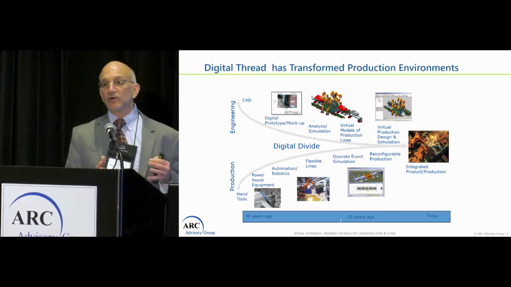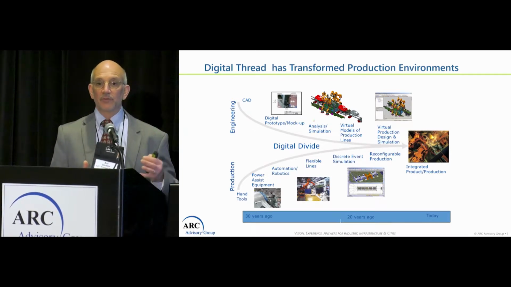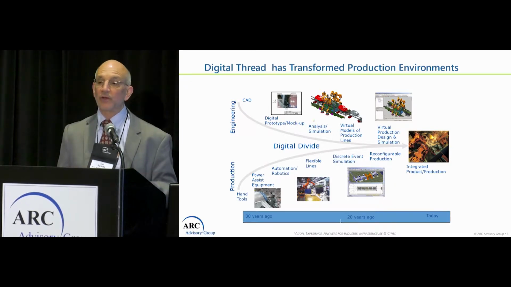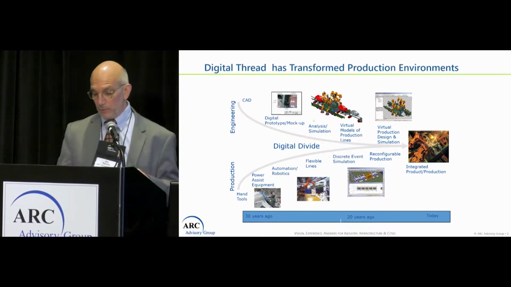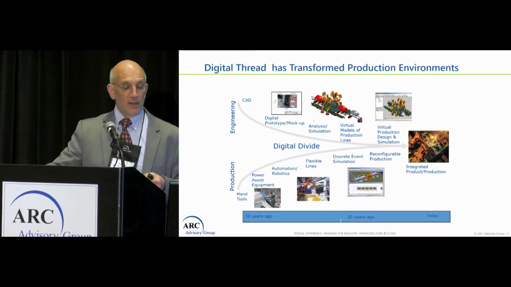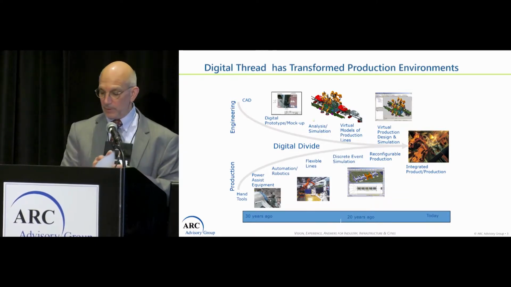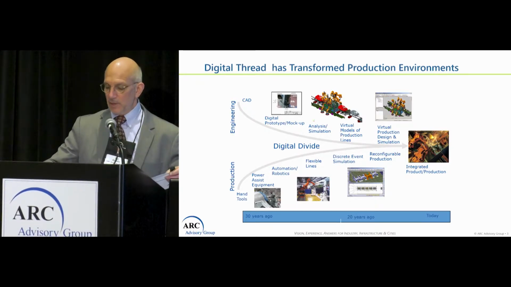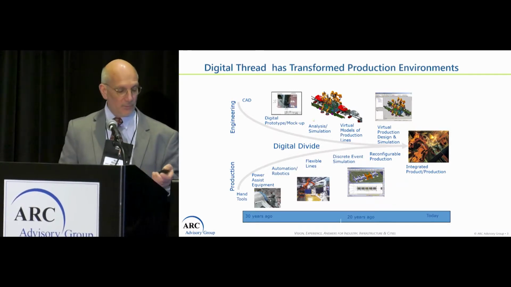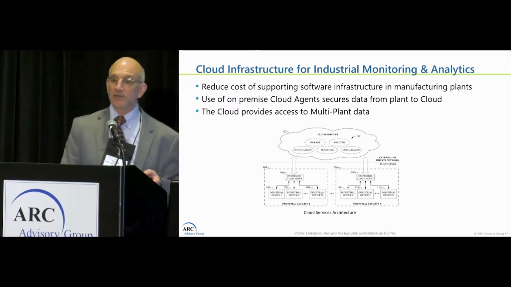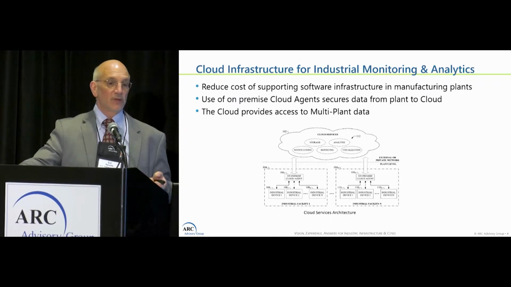However, the divide started to close over the last 10 years or so, where digital information from product design and process design moved directly onto the manufacturing floor as electronic documents. That was really what we've termed a digital thread, a closure of that gap. Now, when we talk about the industrial IoT and the use of data on the manufacturing floor, it's really how we're going to create a continuous loop of information flow to improve both product design and process design.